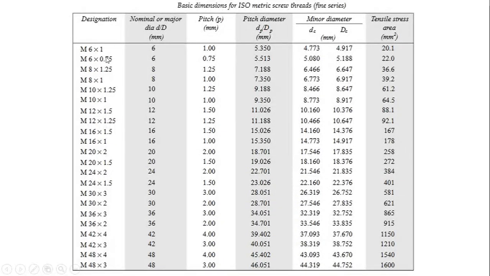For example, M12 into 1.25, M6 into 1. M6 means nominal diameter, 1 means